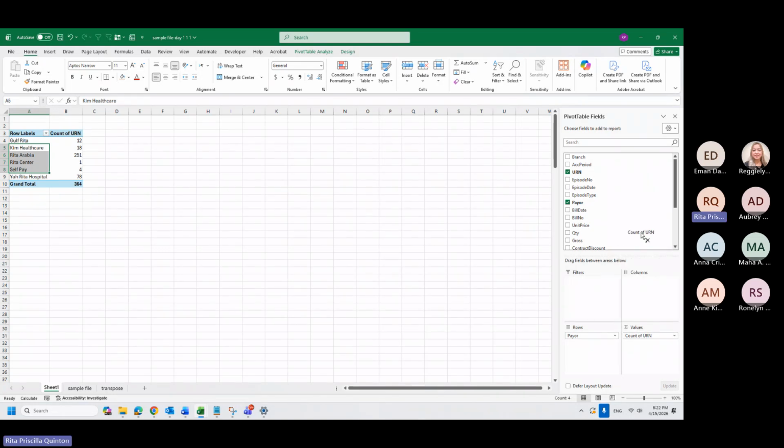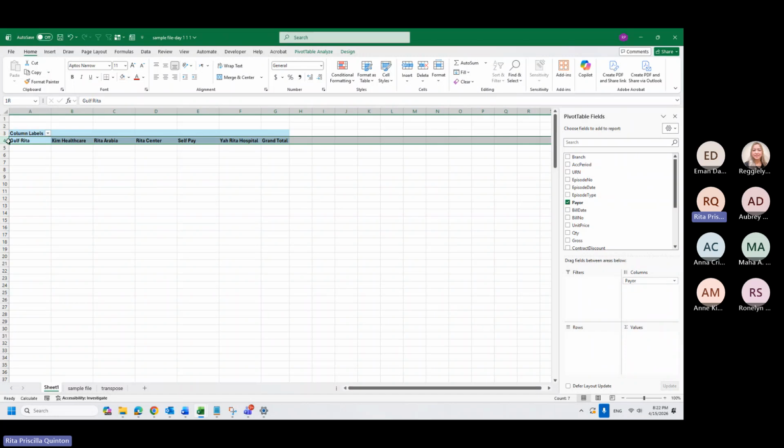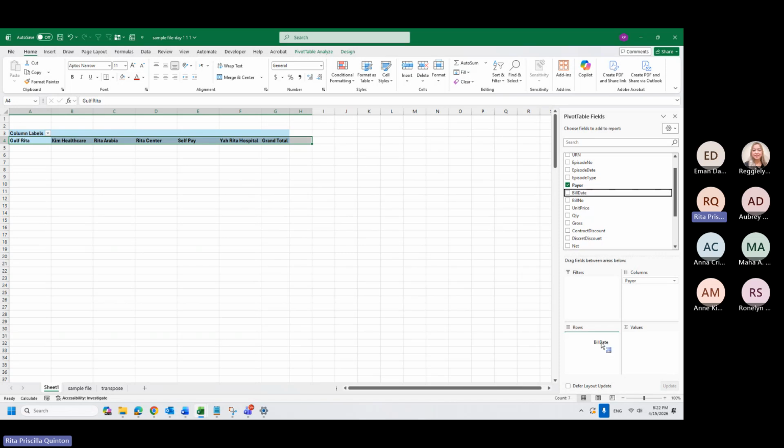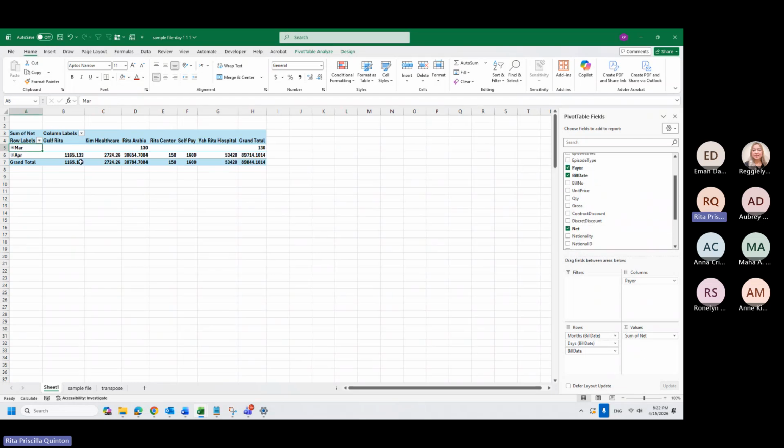We have options. I will show you also that one, but I want to show you also what the columns are used for. Columns is used if you want also to put it here. So it will be enumerated like this. And for example, on the rows, I want to see the bill date, March and April. Okay, so for each one, I can know how much is for April. I will put the net here on the values.